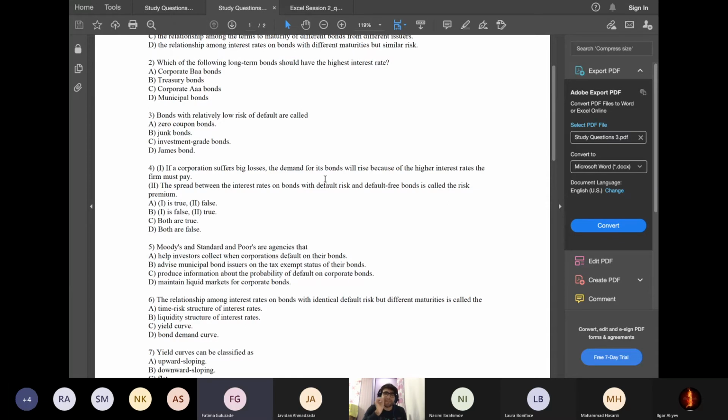I got your point, but let me make some adjustments to your point. If a corporation suffers from big losses, the demand will not increase. Why? Because the corporation should also pay a higher interest rate because of high risk, high return. It should be a higher rate. But any rational investor, any clever investor,